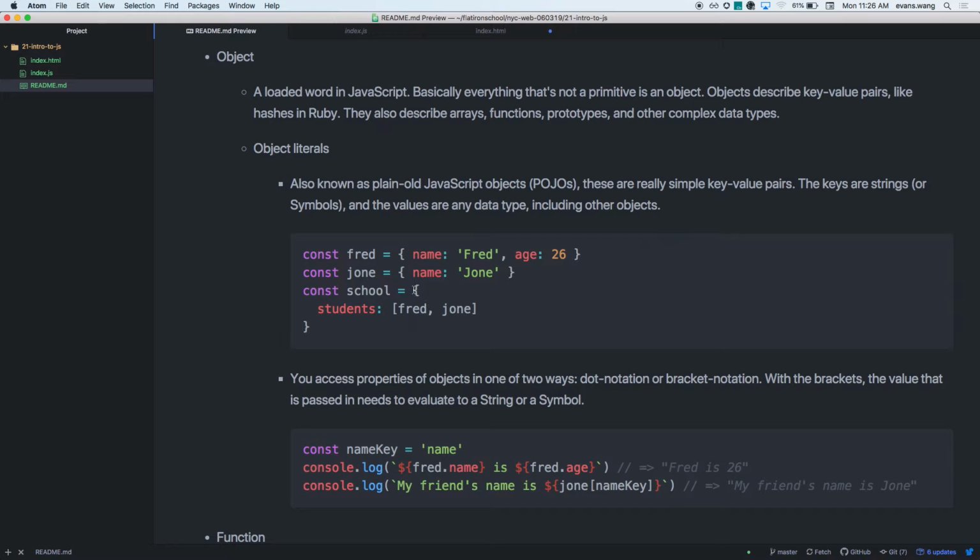This is just a plain old JavaScript object, a POJO. Remember, space is immaterial. So for readability, you can put this on the next line. That's proper syntax, just putting it on the next line. That is correct. Yeah, this is good to go. This is just demonstrating that you have nested objects. This object can be a name that points to a string, or it could be an object with a key that points to an array. Yeah, you can do the exact same thing in Ruby. Awesome, great. So let me kill